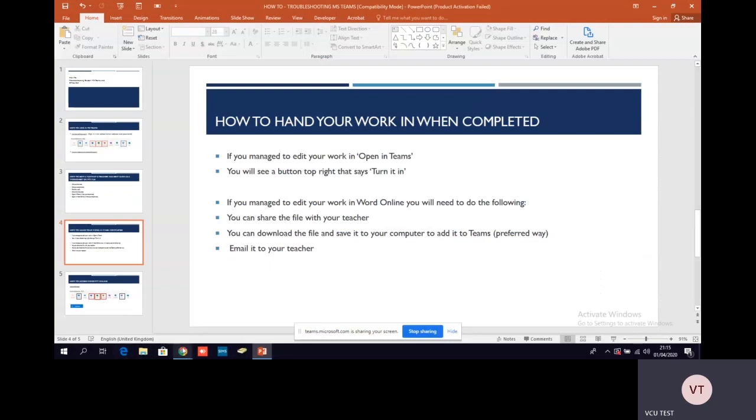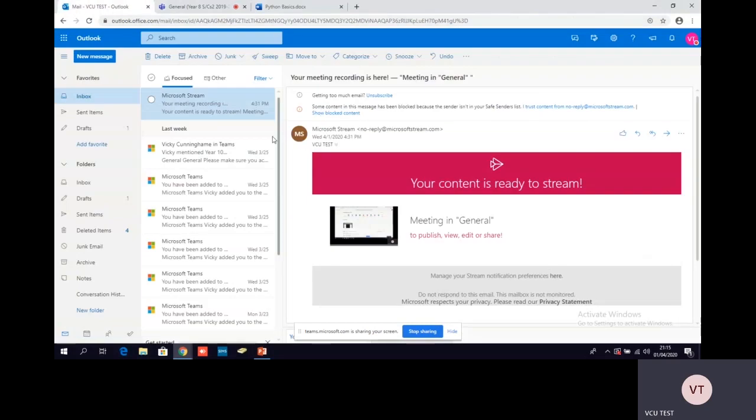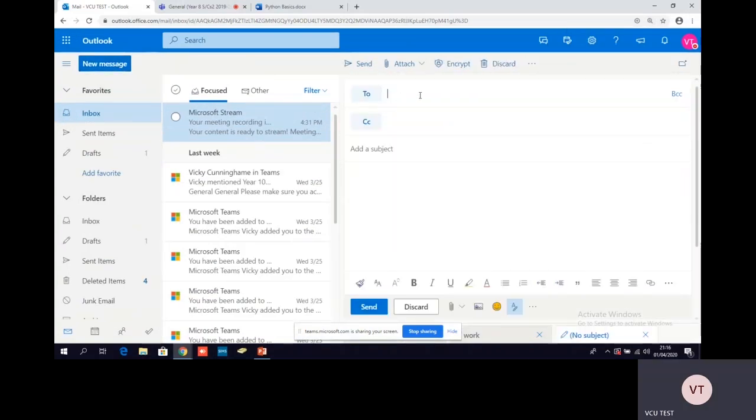So again, using your email address, if I go to this test account, I've used a test account so you can see what it looks like from a student's perspective. Let me just zoom in, see a little bit better. You can click on new message. You can add your teacher's address here, give it a subject, and if you click the paperclip at the bottom,